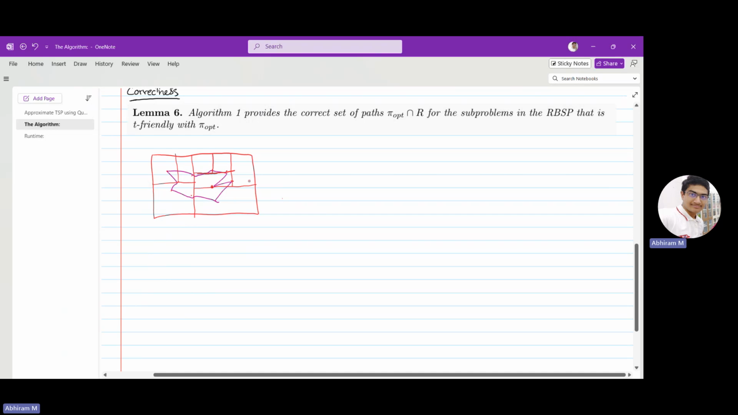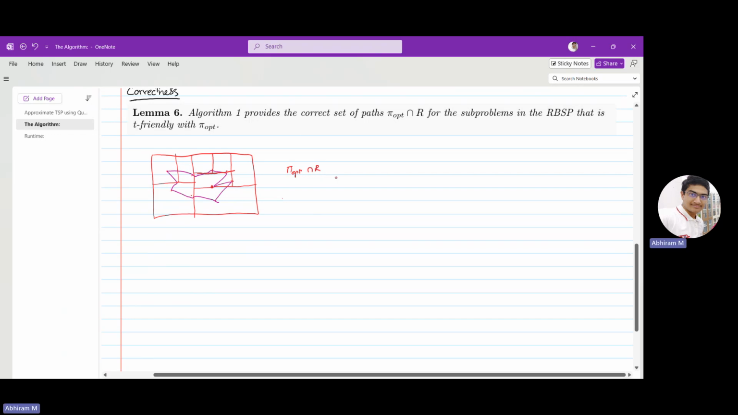So now let us say that this is the RBSP that is t-friendly. It doesn't need to be unique. This is an RBSP that is t-friendly. I think this is again 4-friendly, but it is an RBSP that is t-friendly with pi-opt. So then what this theorem says is that for every rectangle in this RBSP, so this guy, or even this guy, or even this guy, the algorithm is going to give exactly pi-opt intersection R